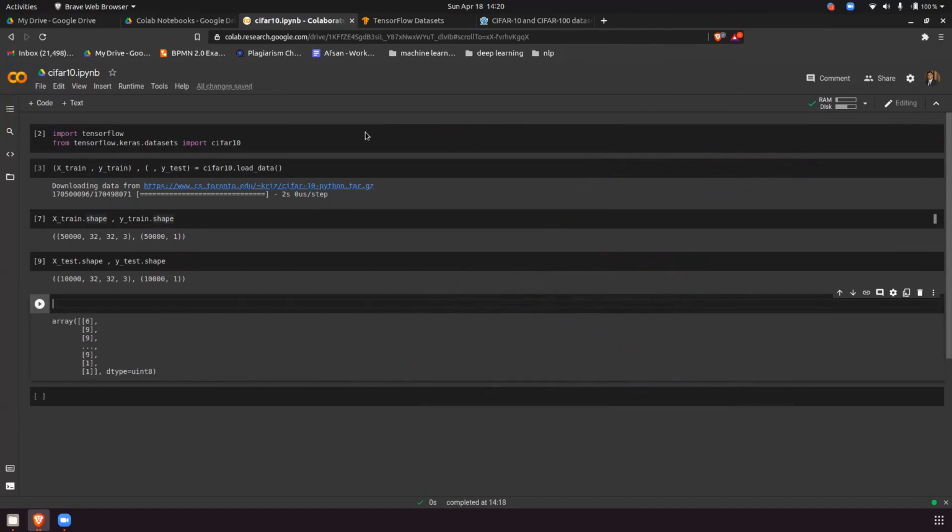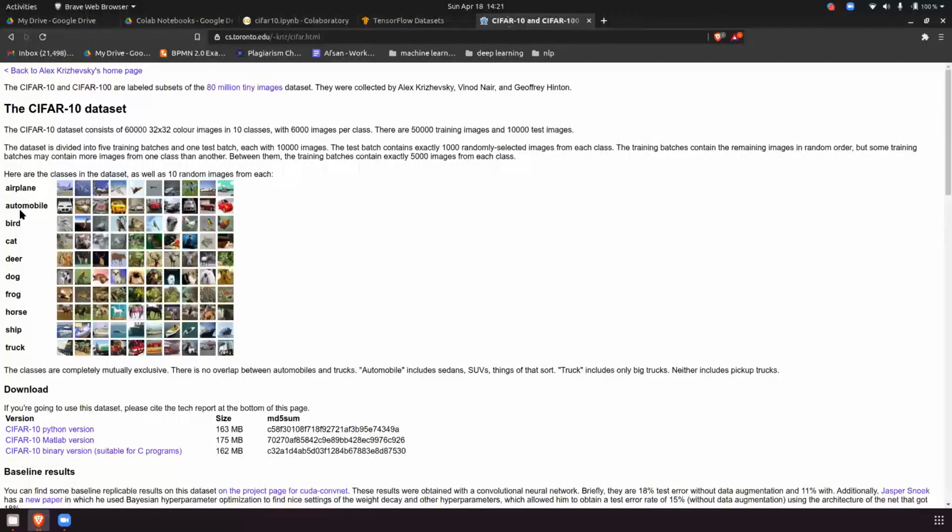So what I will do is I will try to do something like this. So if you see here, this is the structure. In the same way, they have given the naming also.